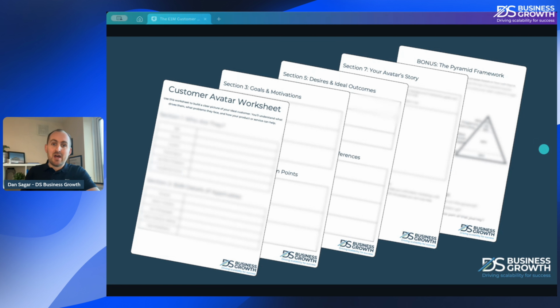As I say, I've got this 5-page worksheet which you can download at the end. I'm going to run you through it now over the next 30 minutes or so. We're going to go into this in a bit of detail. I'm going to show you all the steps to go through, why they are there, and then you can download this PDF at the end or using the link in this video description. And you can have all of these answers, and you can work through them methodically. And you can see at the end there, we've got the bonus pyramid framework.